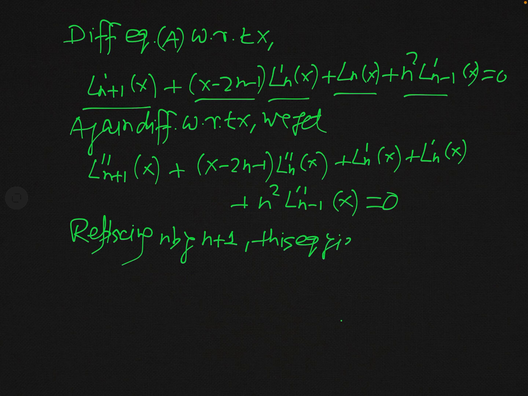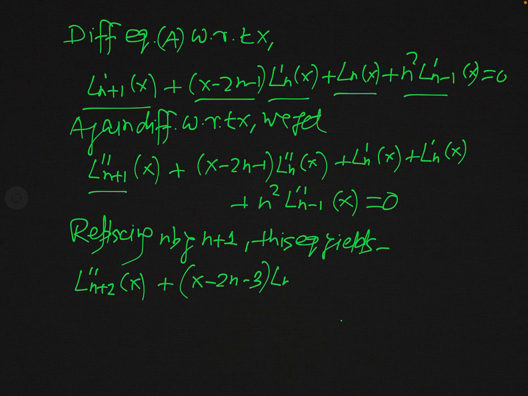This equation yields what you will get. You can see n will be replaced by n plus 1. So in the first term you can see this will be L_{n+2}''(x) and plus (x minus 2n), but n will be replaced by n plus 1. So this will be minus 2n, minus 2 and minus 1, that will become minus 3,